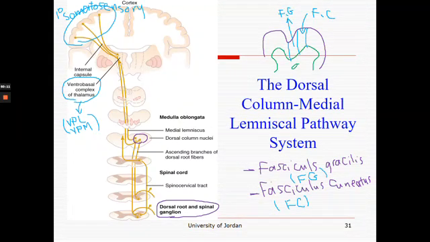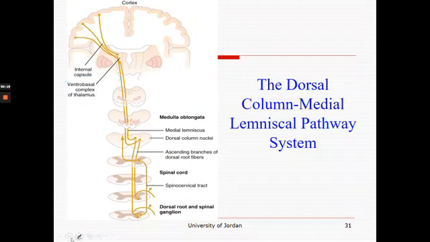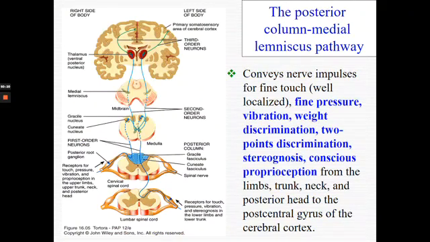So this is the pathway, this is the tract. This tract is called the dorsal column medial lemniscal pathway. So this posterior column or dorsal column medial lemniscal pathway conveys nerve impulses for fine touch,